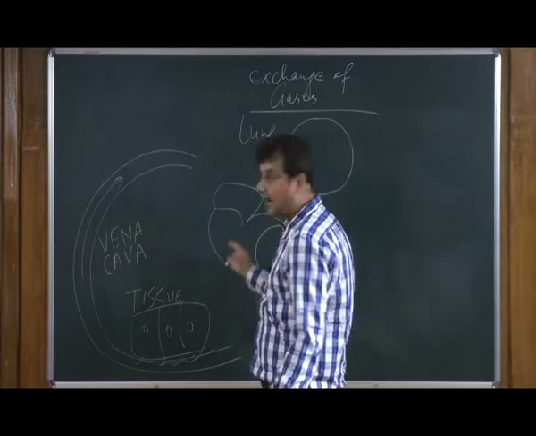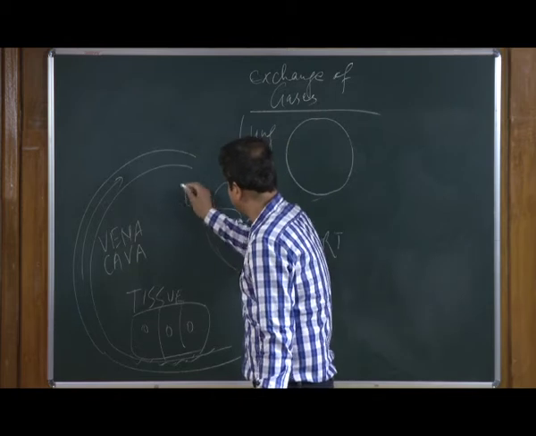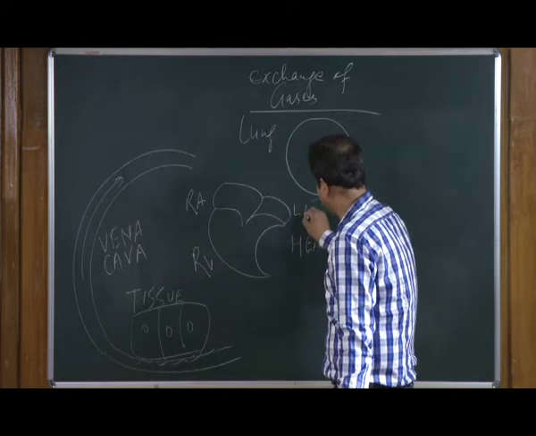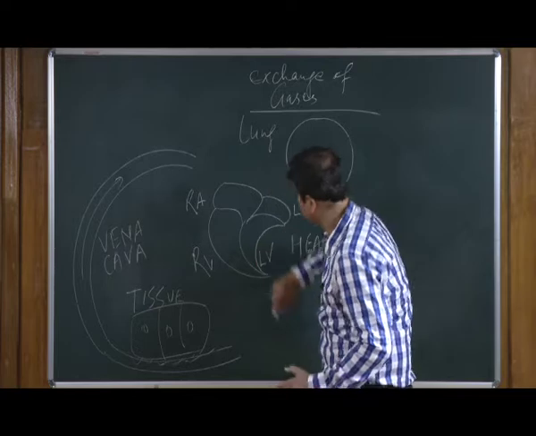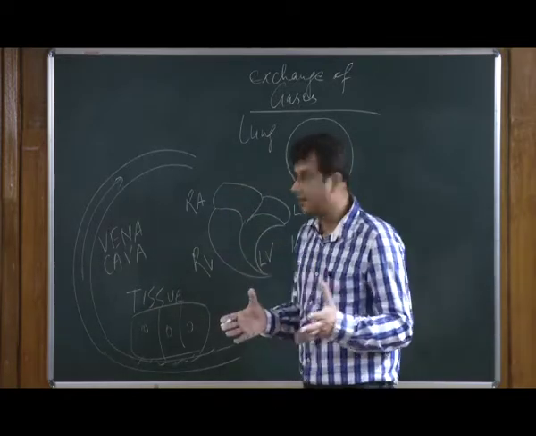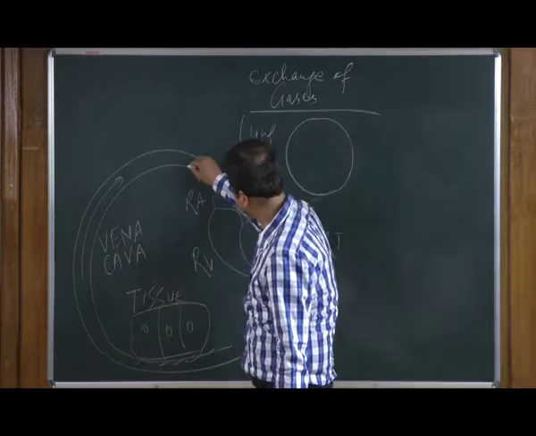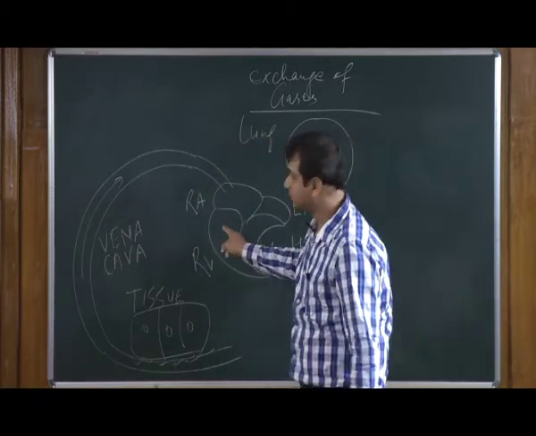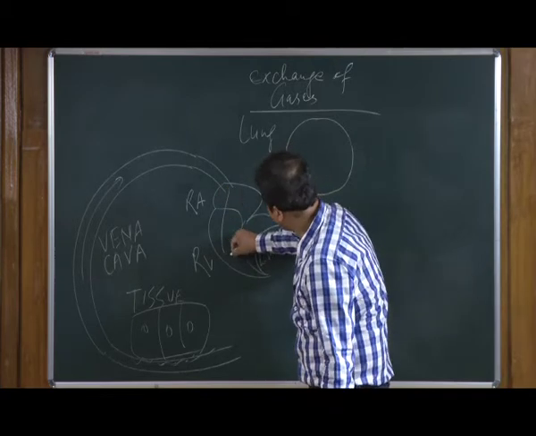So the heart, we will just see, this is right atrium, this is right ventricle, this is left atrium, left ventricle. So these are the 4 chambers of the human heart. So we have the upper chamber called atrium and the lower chamber called ventricle. So this is divided into right and left. So this whole deoxygenated blood is coming to the right atrium. So this vena cava is carrying all the blood to the right atrium. From the right atrium the deoxygenated blood is passing through to the ventricle, and from the ventricle the